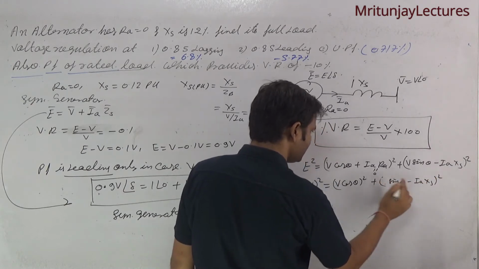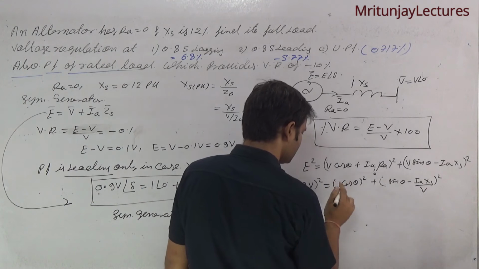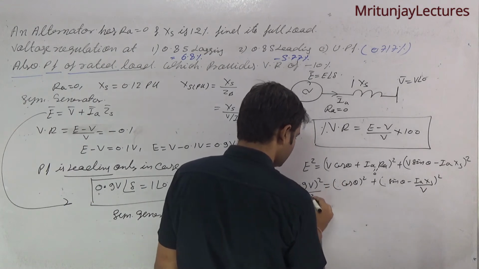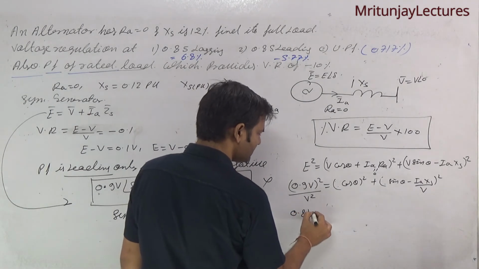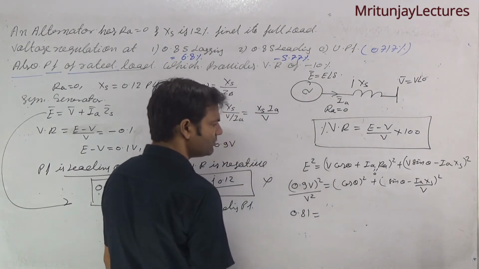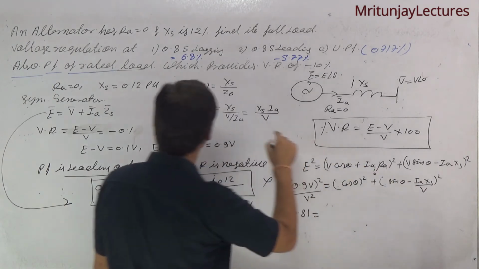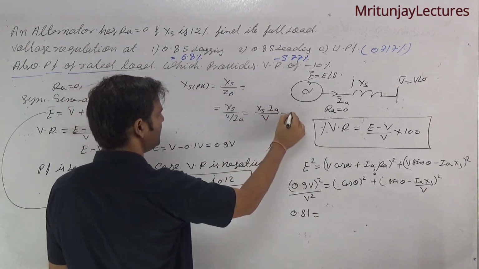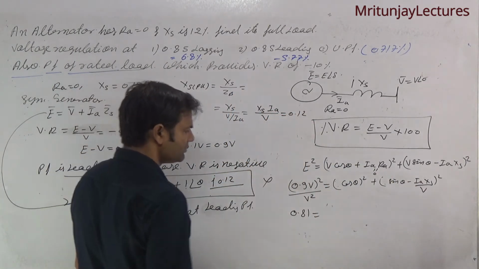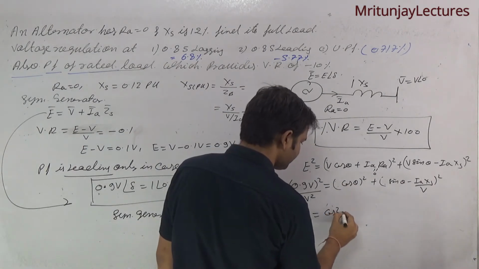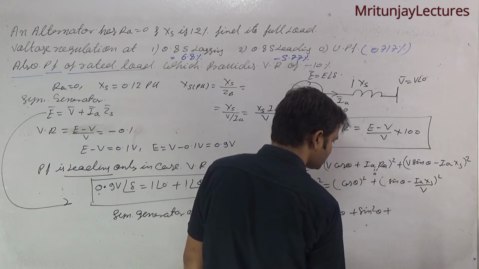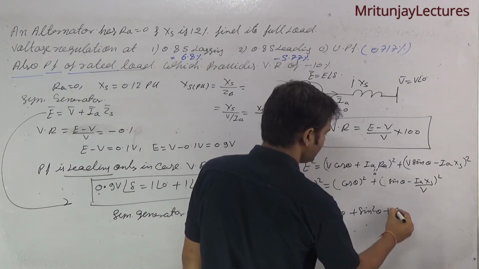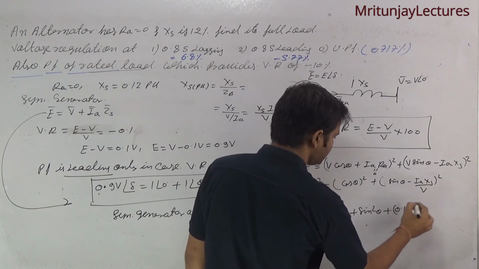If you divide by V square, we got 0.81 on the left. This will equal cos square theta plus sin square theta plus 0.12 whole square,